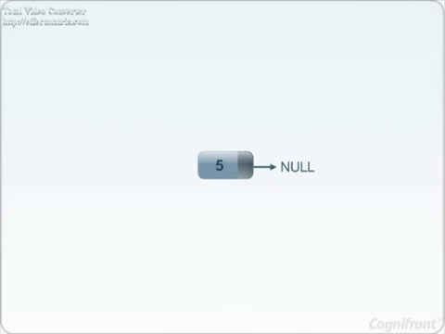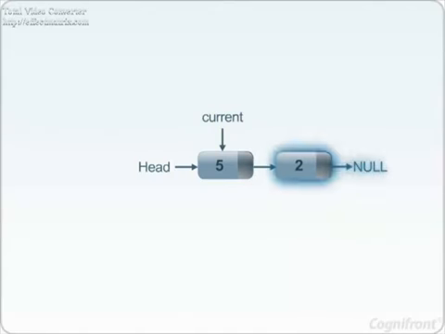There is a pointer known as head, which always points to the first node of the linked list, and pointer current always points to the current node. Then the next operation is addition of node. Suppose we want to add one more node in the linked list. Then repeat the same procedure to create the node and set the link pointer of the first node to this node, and current pointer will point to this node.